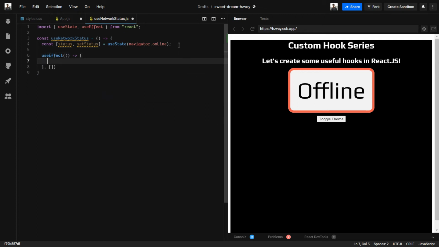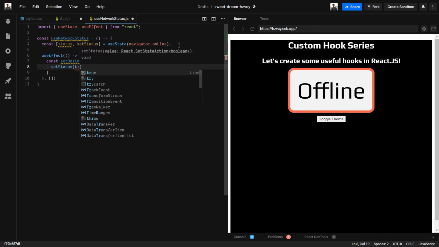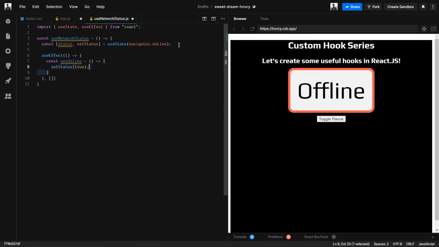Now we will add our useEffect that will run whenever a component is loaded. Inside this we will create two functions. One called setOnline, which will simply set status to true, and we will copy this function and name it setOffline, and here we will just set the status to false.